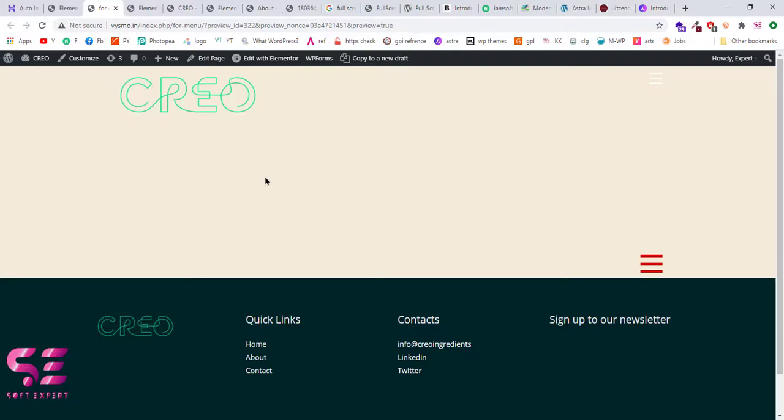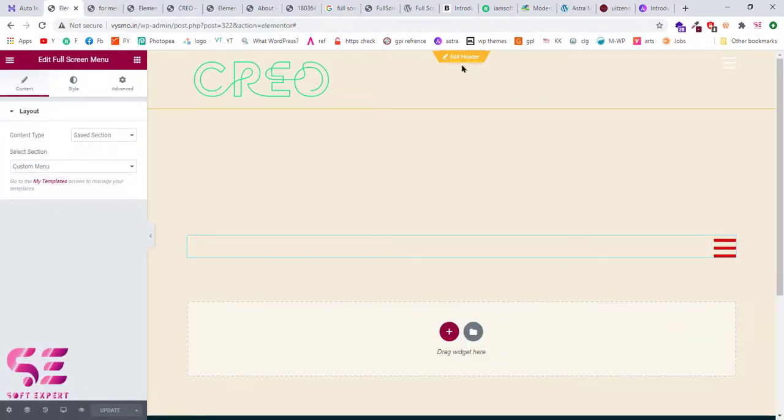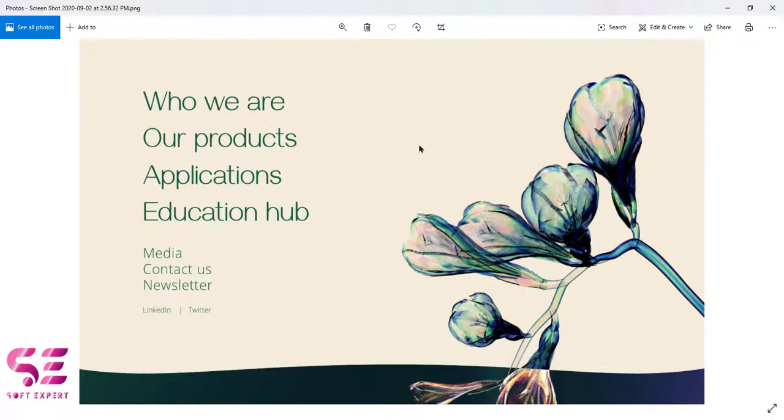Well, if you want to put this in the header like this, then you will need to create a header template. I have already created a header template as you can see here and put that menu here. So I will show you this menu that I created earlier.